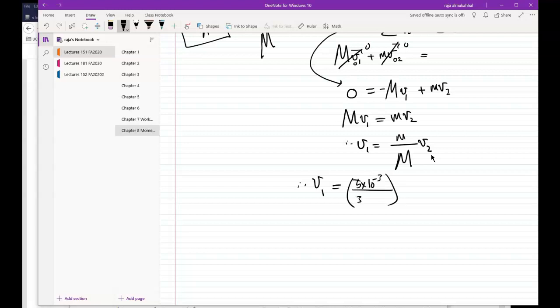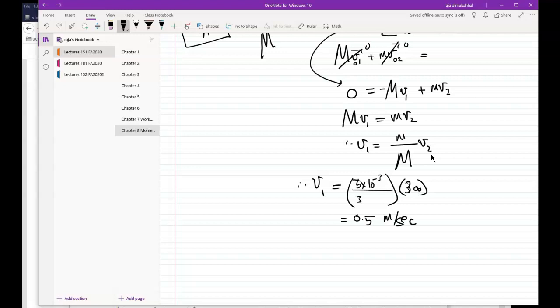Multiply this by V2, and V2 he said 300. And all we need to do is just work it out. So we have here 5 times 10 to the negative 3 divided by 3 times 300. Answer, 0.5